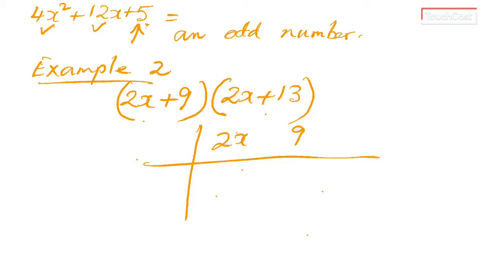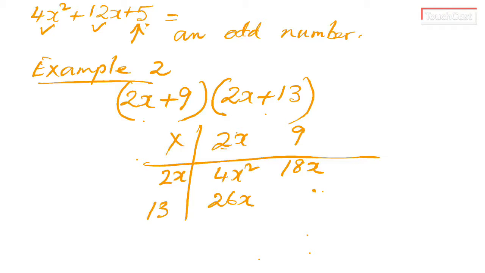This time I'm going to use the box method to demonstrate a different kind of expanding. It's a kind of multiplication table that gives you 4x squared, and 9 times 2x gives you 18x. 2x times 13 gives you 26x, and 9 times 13 gives you,